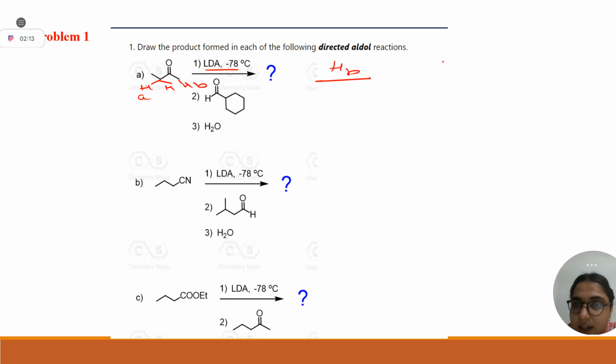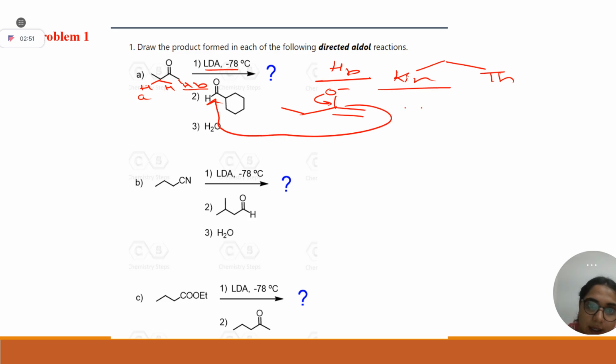Yes. There are two possible products, kinetic as well as thermodynamic. Kinetic product means the product which forms very fast, at low temperature. So if the base has to abstract a proton, it will obviously abstract the HB proton because it is least hindered compared to the HA proton. So one thing is clear: you will get the lithium enolate from the right side. This is clear. Now in the second step, the aldehyde is added. So obviously this will come here and it will attack here, right?